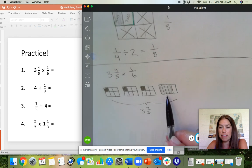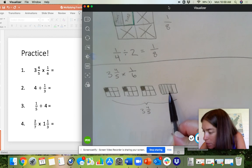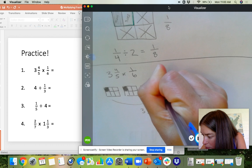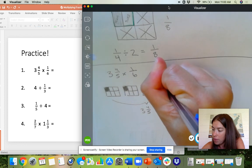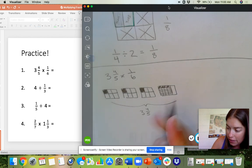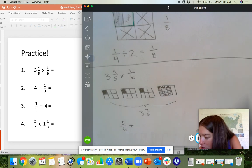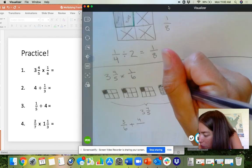And now I need to take 1/6 of my 4/5. So I need to split this 4/5 into sixths. And I'm just going to dark shade in 1/6 of it. And now I need to figure out how much is shaded in all together. So I have 1/6, 2/6, 3/6. So I have 3/6. That was when we took 1/6 of the 3 wholes. And now I need to find how much was 1/6 of 4/5. Well, it looks like I have 1, 2, 3, 4 pieces shaded in out of what would have been